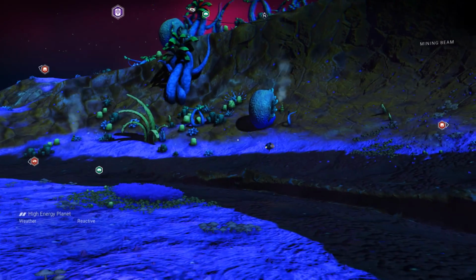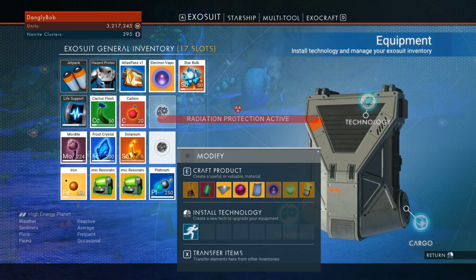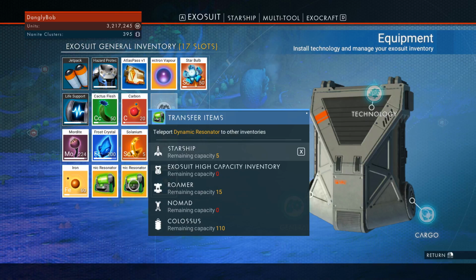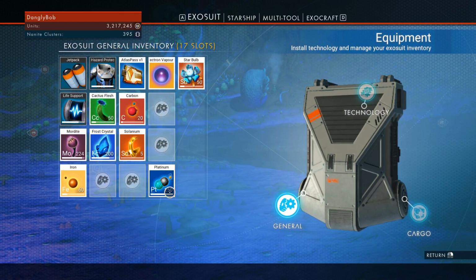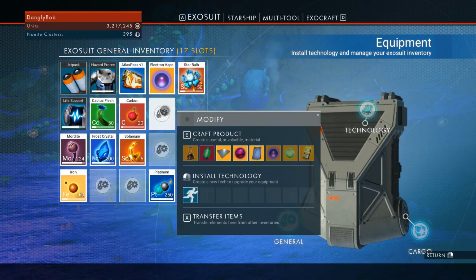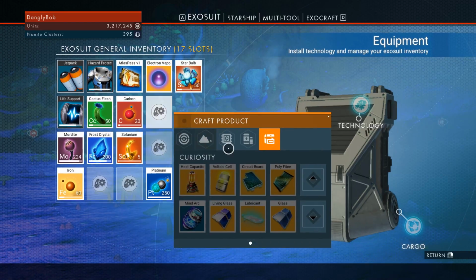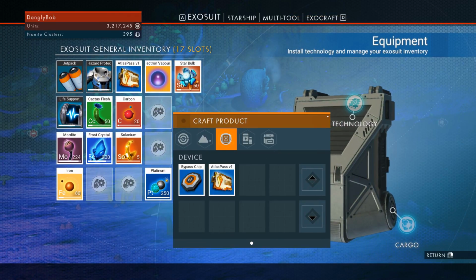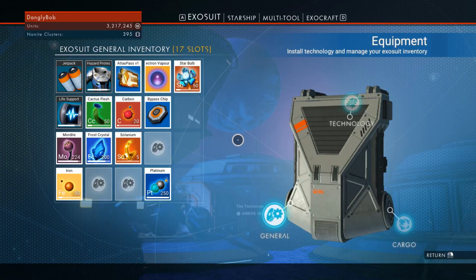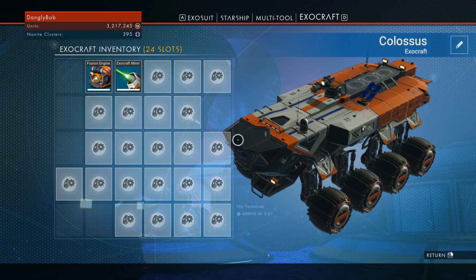Right, let's come out of here. Right, first thing I want to do is perhaps, okay, let's make a bypass chip if I've got the space for it. I have. See, I can see I bought 3 dynamic resonators, so actually, we'll put a couple in my roamer. Using them as storage really for the minute. And what do I need? I need bypass chips, so probably haven't got even enough. I have. That'll pass. Bypass chips are fairly easy, so yeah. Let's go into the big Exocraft, the Colossus,